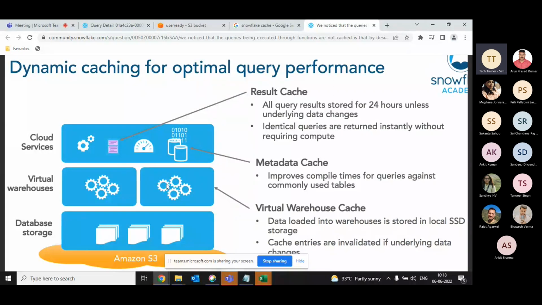Now, before the meeting, the best practice is whoever is assisting the COE, they will just execute the dashboard once. Two reasons. One, the result cache is formed. Two, your virtual warehouse cache is there. And we see to it that whatever warehouse we assign to the COE,